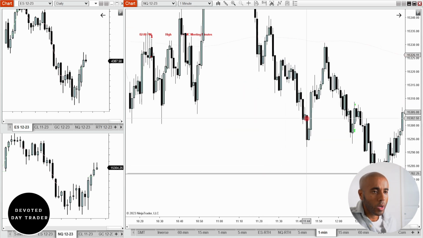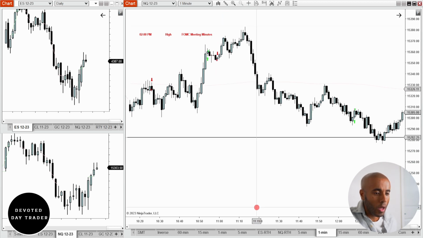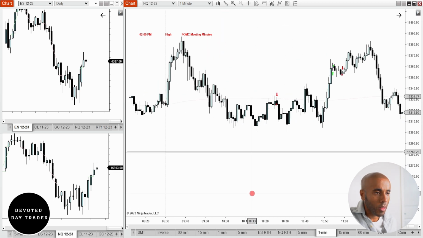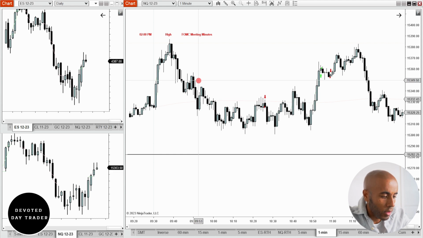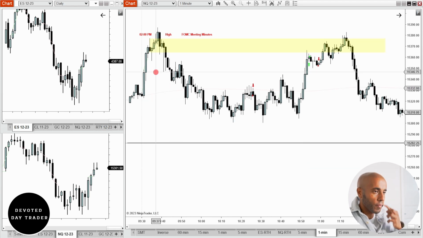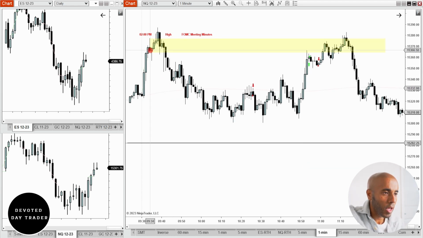So I want to go into the 1-minute chart, and I want to highlight something. So this is what I usually focus on whenever I see a bear candle and then a higher high, and the market breaks below that bear candle. I pay attention to what price does within the range of this 1 minute candle.